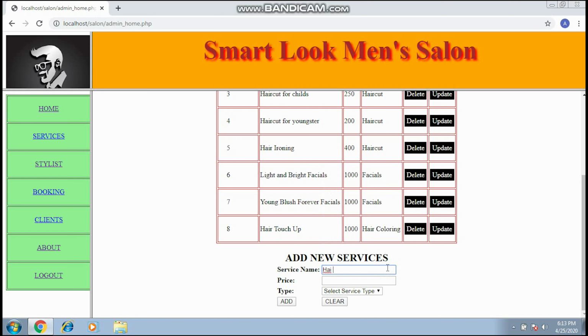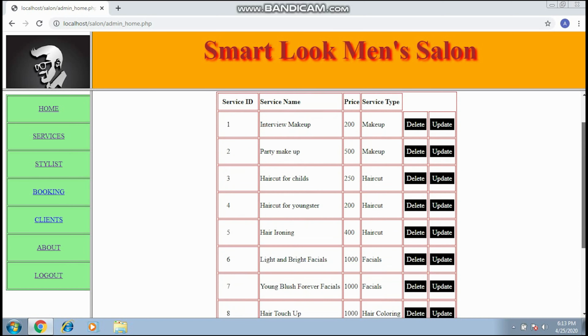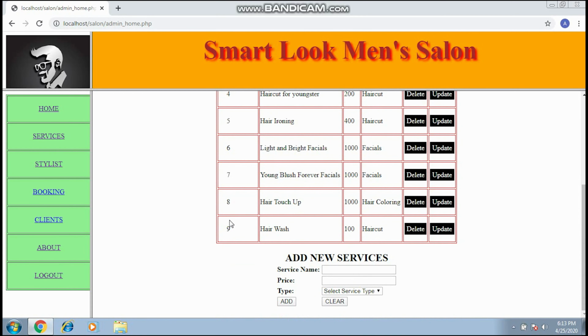We enter the type of service and the price that it will cost. You select the service type and just click add. Now you can see that it has added into the services.